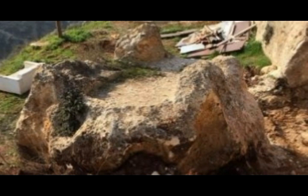Weeks ago, the settlement of Givat Harel and the Benjamin Regional Council took an interest in the altar. The large rock that had damaged it was removed, and they developed the area as a tourist attraction. "The discovery of the altar is a profound expression of our meaningful connection to the land. It's evidence before the whole world of our historical right to Judea and Samaria," Benjamin Regional Council head Israel Gantz